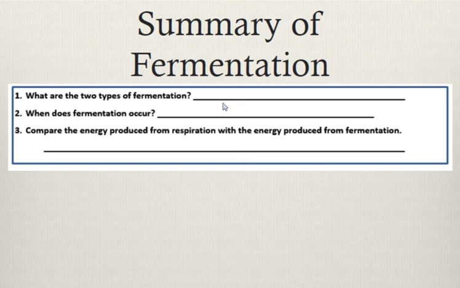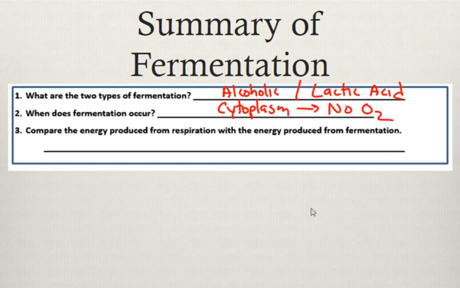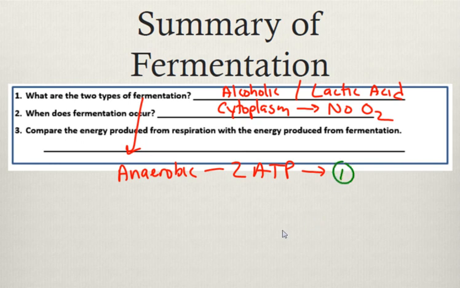So, 2 types of fermentation in review. Pretty basic, alcoholic and lactic acid. Where does it occur? In the cytoplasm. Why? Because there's no oxygen, so we cannot get into the mitochondria. So the energy produced, well, fermentation is an example of anaerobic respiration. We are only getting 2 ATP, and that is specifically from the first step. Aerobic, on the other hand, you are getting 38